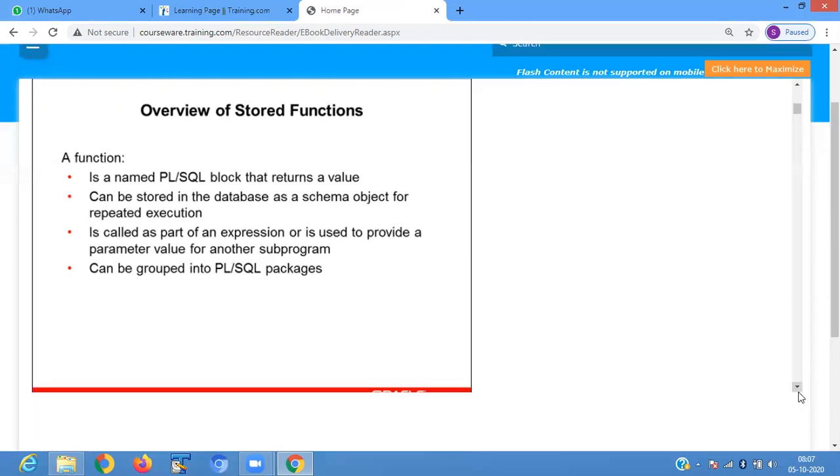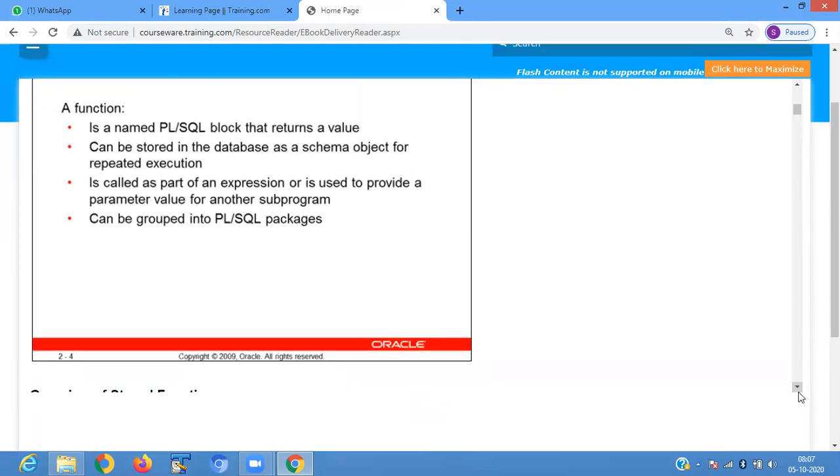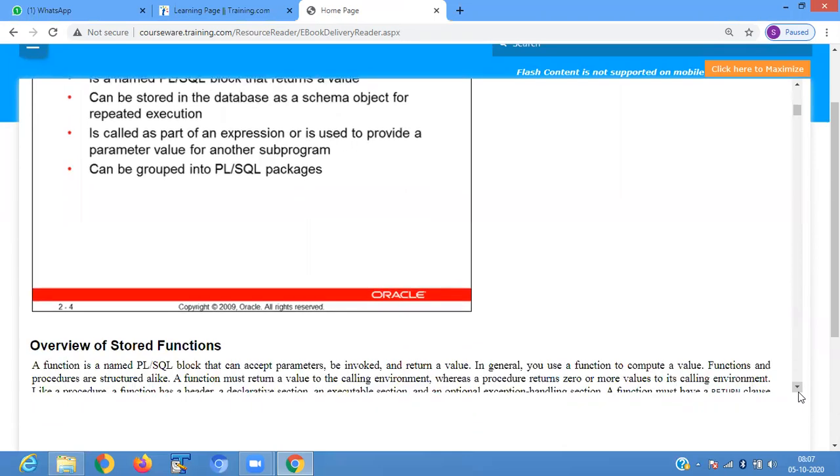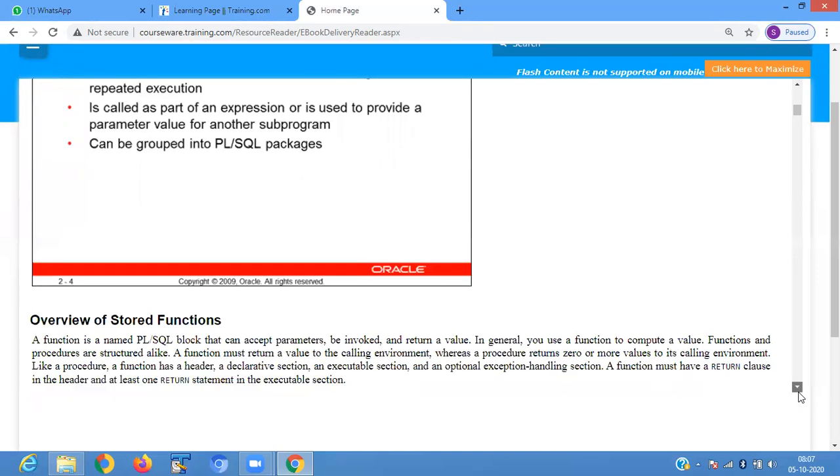Like a procedure, a function is stored in the database, and you create the function once, and when there is a requirement, you call the function directly.